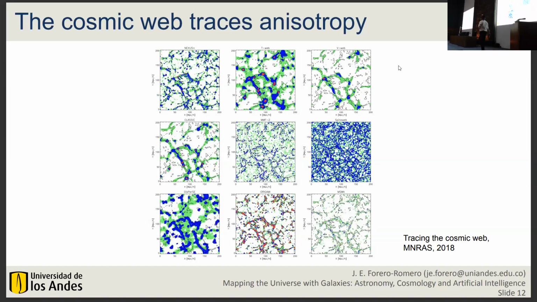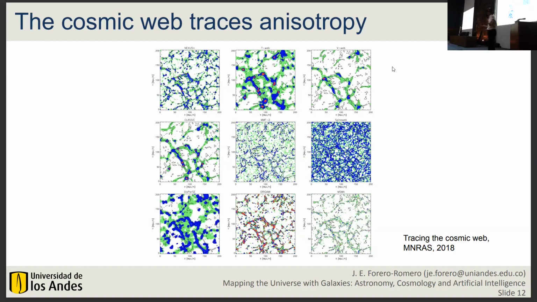And with the same input, every group decided to run its algorithm to find the cosmic web. So in white, you see what I find to be voids. In green, the sheets. In blue, the filaments. And of course, you can see this is also a very popular algorithm, DisPerSE. And you have different algorithms. And you wonder what is happening with this algorithm and with this one. And the goal was not to say which one is correct, because we know why we have the difference there. The difference comes from the scale that your algorithm is taking.